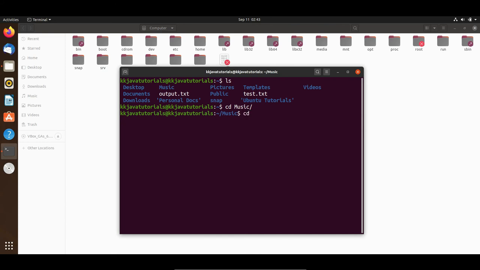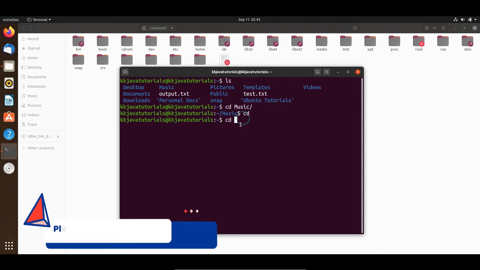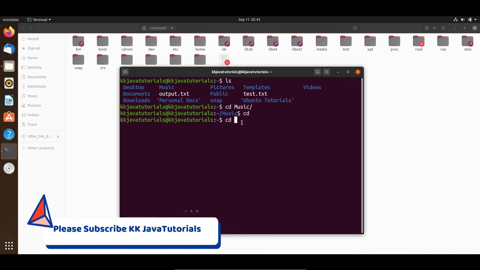So let me go to the home directory again, and here you can see I'm in home directory. Then what is absolute path? Absolute path is nothing but the complete path, right from the beginning. So let's say again I want to go to the music, then instead of typing the relative path, if I type the absolute path, that is nothing but slash home slash kk Java tutorials